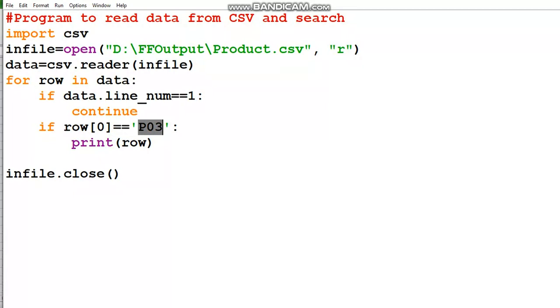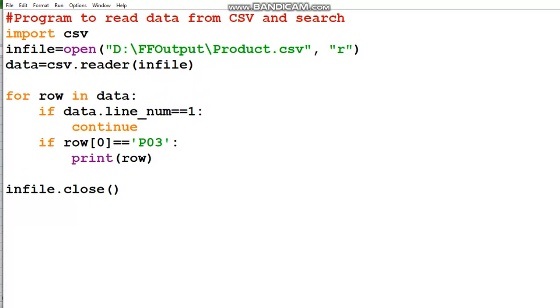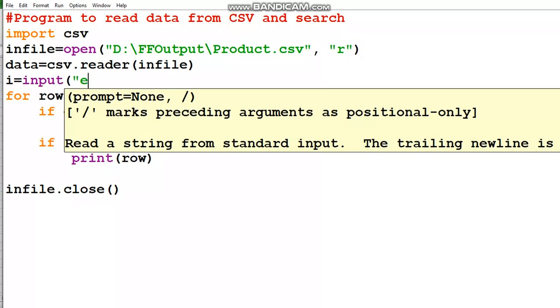Here you can add some coding. I'm searching for P03, but you can modify it in a more perfect way. You can ask the user which product ID they would like to search. That coding you will add over here: input, enter ID to search.